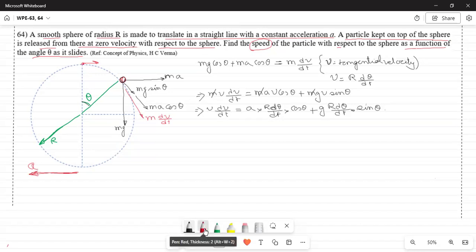Now all these dt's in the numerator you can ignore. Then it becomes